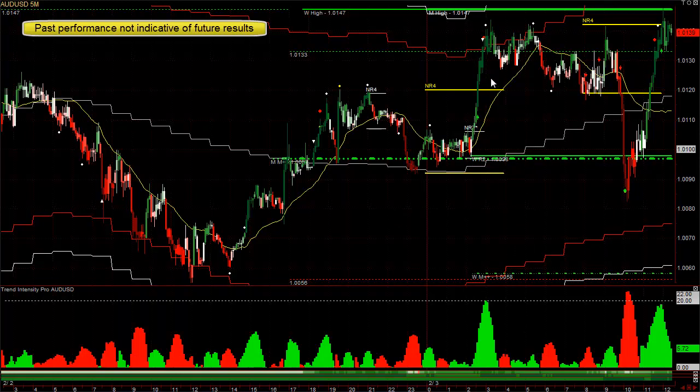And you can see it just shot right up. The IntelliTrend bars were green even before it broke out, and it just went up to this resistance here and kind of ran out of steam. You might have also bought this little pullback here because of the extreme strength, but earlier today the Australian was